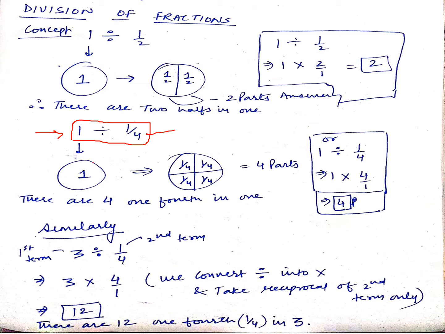Okay. Again, same thing. We have one complete circle in front of us. We call it 1. Now we have to divide it by 1 upon 4. So we need to find how many 1 by 4 can we obtain in this complete 1. Let's see. I have drawn these two lines. I've got 4 portions, and each portion is how much? 1 by 4, 1 by 4, 1 by 4 and 1 by 4. To check, you can add these 4. What will you get? 1 by 4 plus 1 by 4 plus 1 by 4 plus 1 by 4.